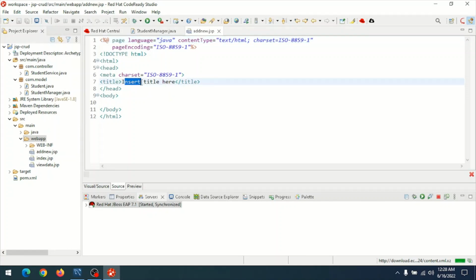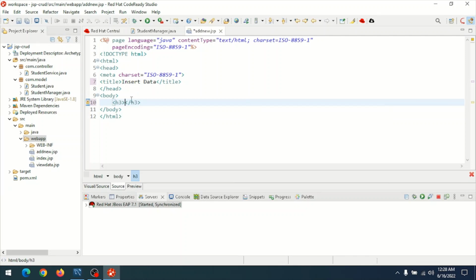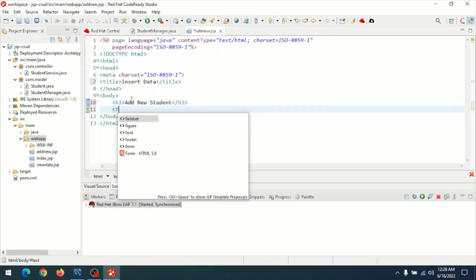I just change the title to insert data. In the body section, I just place a header, add new student. Then add a form tag